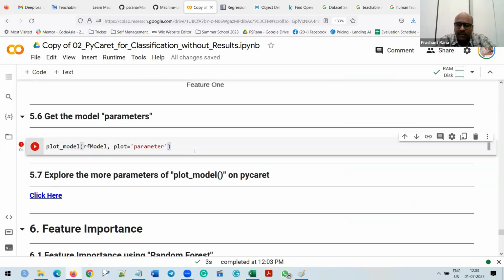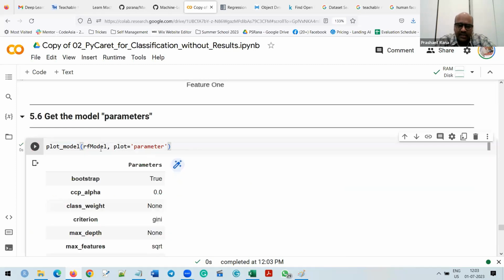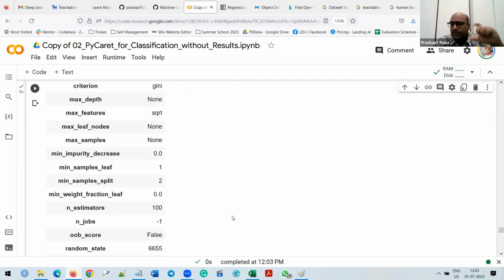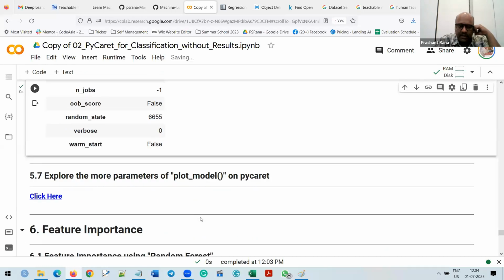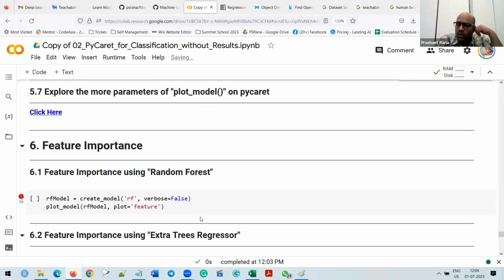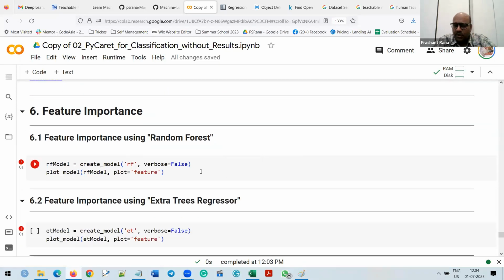Next, if you want to know the parameter that we already covered in the regression part, the plot model, model name, and then pass the value as parameter. So it will give you the parameter of random forest. As I already discussed, the best parameter for random forest is number of estimators. So by default value is 100. Similarly, if you want to more explore about the plot model, just right click and just go through the manual part. Similarly, feature importance